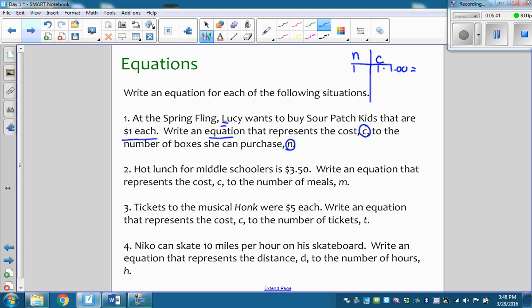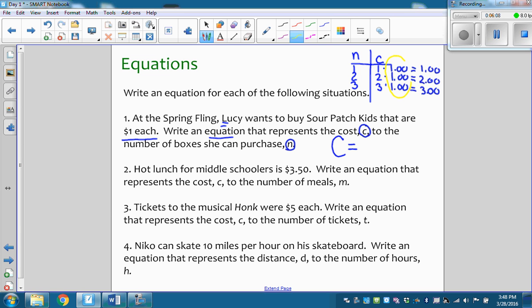It's pretty straightforward, that's $1. But if I bought 2 boxes, I would have to do 2 times $1. So now $2. If I bought 3 boxes, I would have to have 3 times $1. So when I look at this pattern, what I notice is to find cost, I have to take